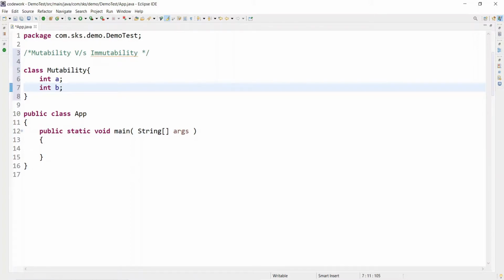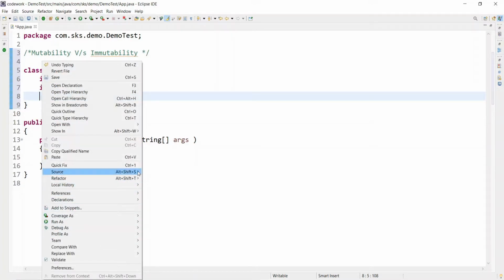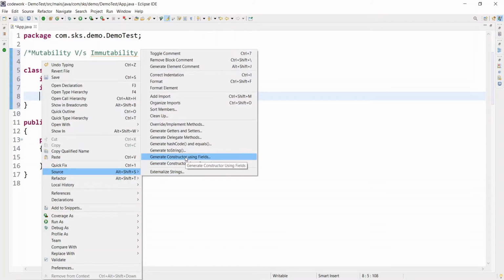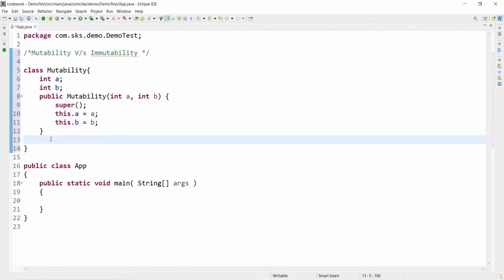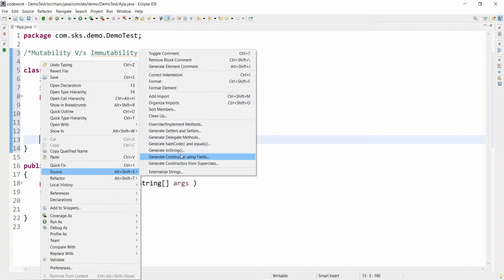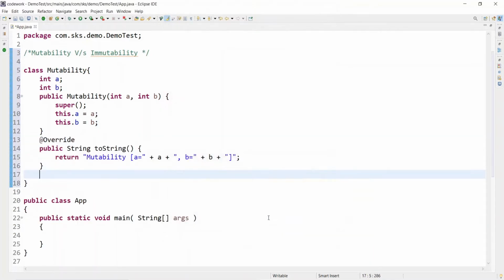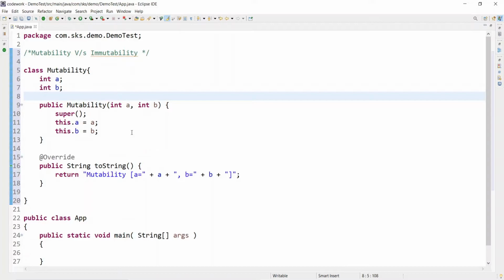Inside that I am creating one constructor: go to source, generate constructor using fields. And I am overriding the toString method so that we can print the object with its associated instance variables. So we did nothing, we just created a constructor.